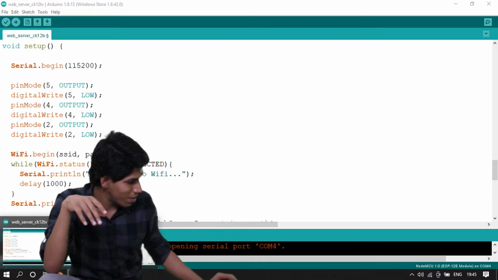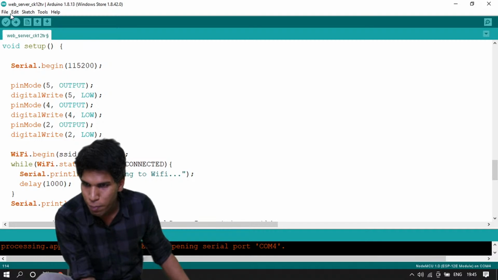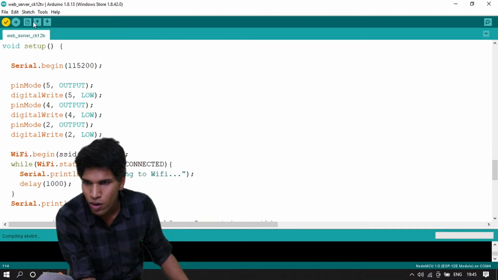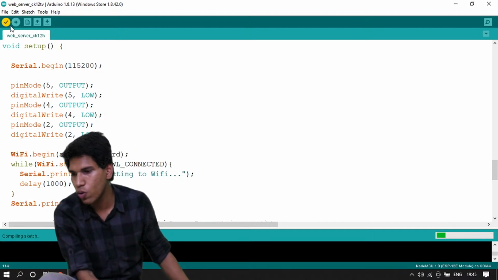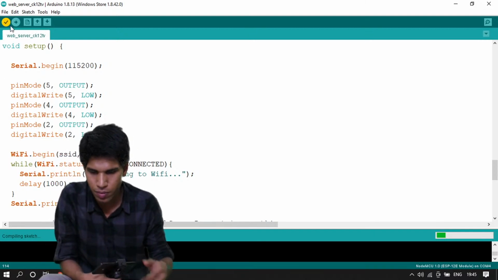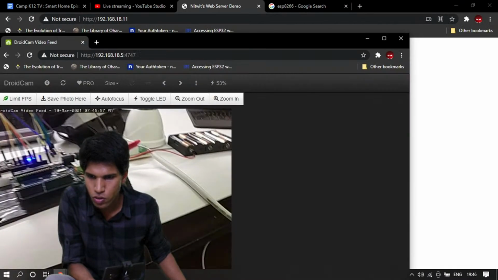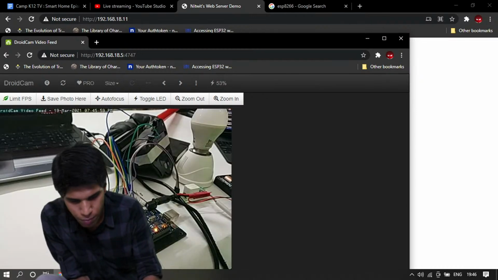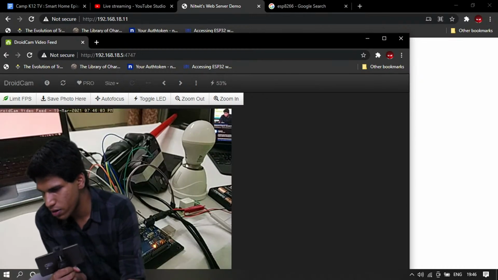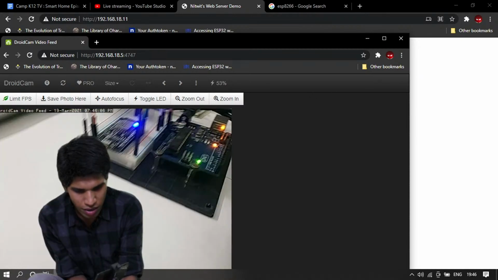I'm going to show you one last time. Once I complete the code, I have to compile the code and then upload the code. To upload the code, you see my Node MCU has a port here, and there is a cable. Use that and upload the code.